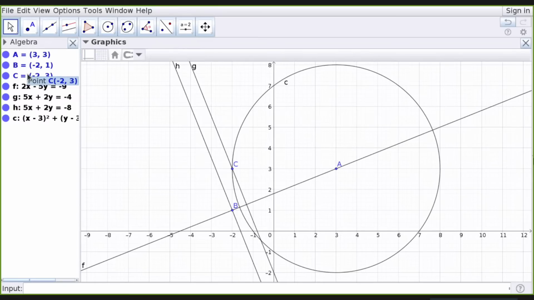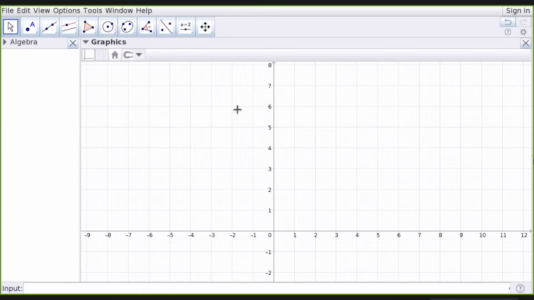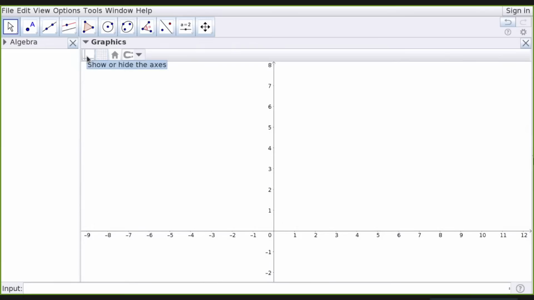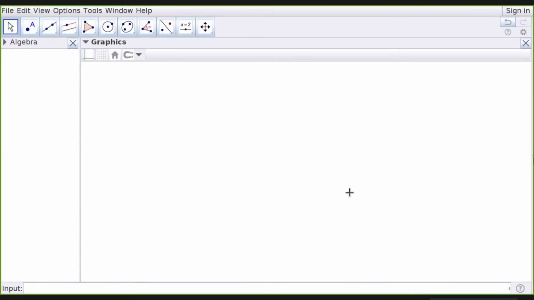So we will go to the construction. Some easy constructions we will begin. So for that purpose, I will delete the complete thing. I will begin on a blank page. If you want to make this page completely blank, I can remove the grid by clicking here and remove the axis by clicking this axis symbol. So you get a plain sheet of paper.